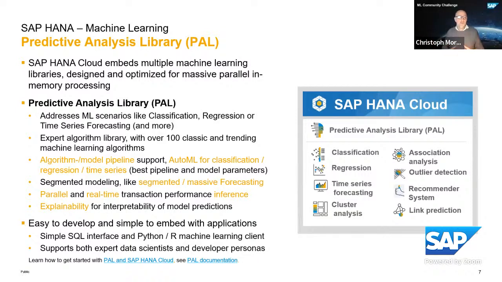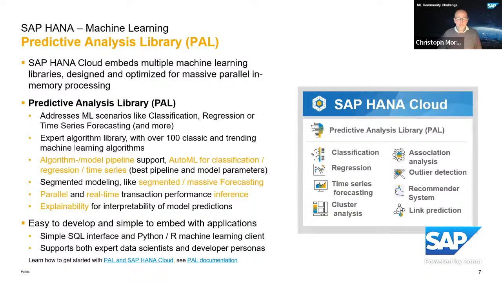So it provides trending algorithms along with standard and classic algorithms in those distinct domains, plus adding expert support capabilities like segmented forecasting invocation, explainability for model interpretability, or hyperparameter model selection and capabilities like that.